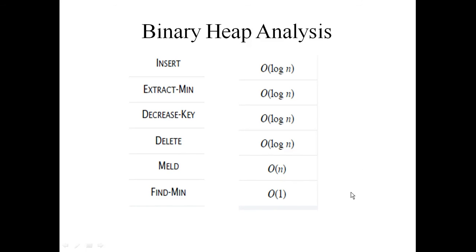In this lecture we have studied the definition of binary heap, followed by the different properties of binary heap, the different operations of binary heap, and then for whichever operations we have seen, we have properly seen the analysis of each of these operations. That is, the first 4 operations are big O of log n, the merging operation requires n time, and find min requires constant time, that is big O of 1. So this was all about the lecture on binary heaps.